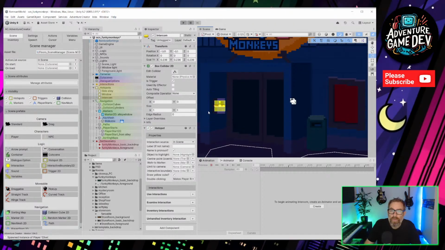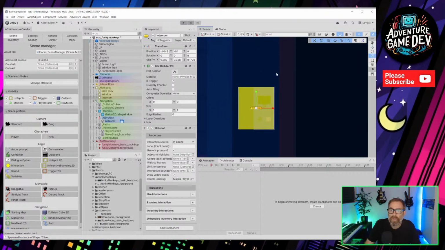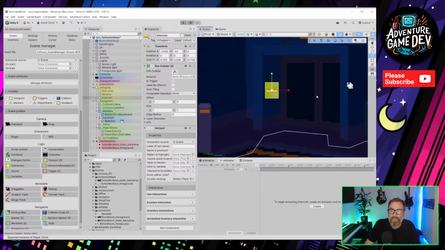Again, we could be pixel perfect with this one, but it shouldn't really matter when it's that scale. Actually, I should probably cover the whole thing, including the shadow at the side. So that's the intercom.